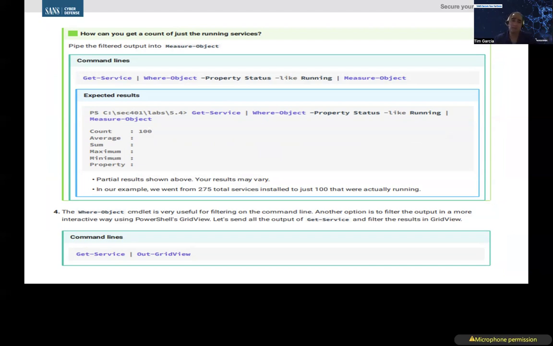Okay, I don't want to be doing this manually, especially if I have to query 10,000 systems. I don't want to go in, put my hands on keyboard on 10,000 systems and type in Get-Service, where object, right? I want to script this out and then run a script and then automate and then pull all that information back and say, okay, out of my 10,000 desktops that all should have the same image, do I have 275 installed services